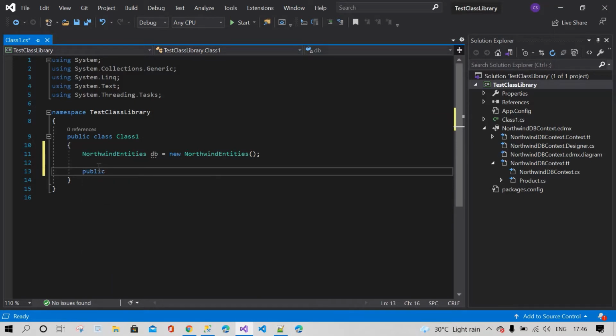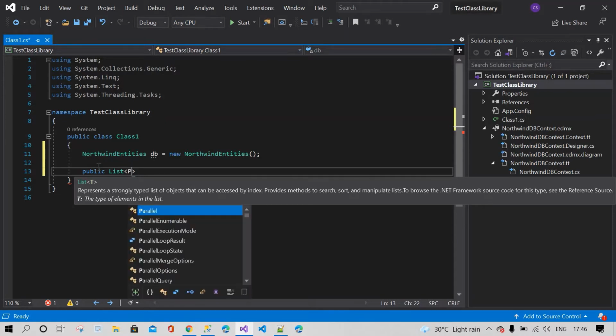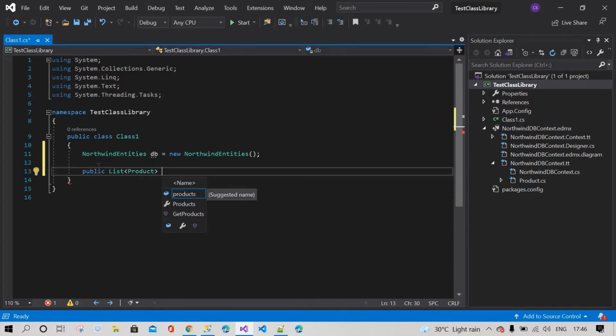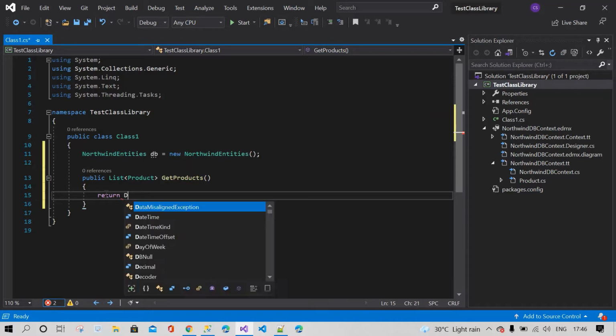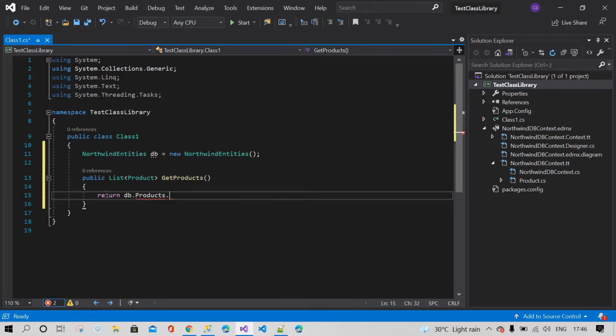Public, I want to retrieve the data in the form of a list collection. The list is of type Product. I will name it GetProducts, and return db.Products.ToList.